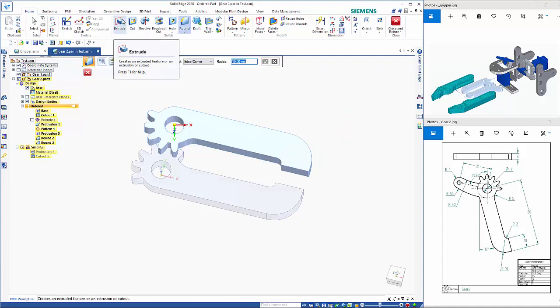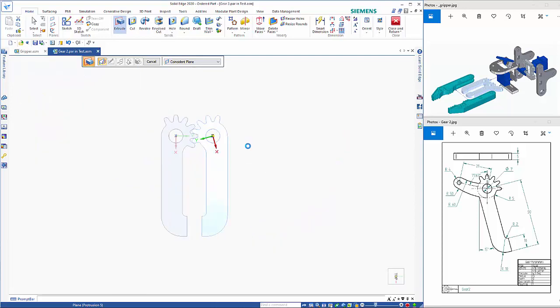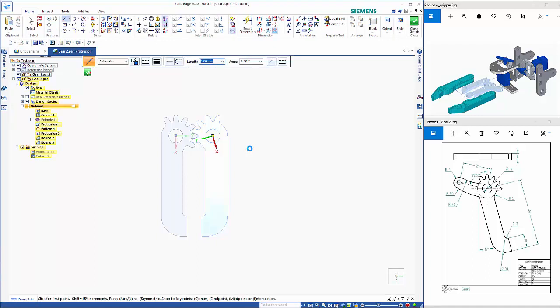So if we go extrude, now we've got the straight edge here, we can work off that directly. If you can see, there's a green edge there which shows me the orientation of the view. If I hit N, that takes me around the other one. So I'm going to just move around so that it's a vertical line in there. So from here, there is a center line, so I'm going to just put construction on coming out here. So that's 21,